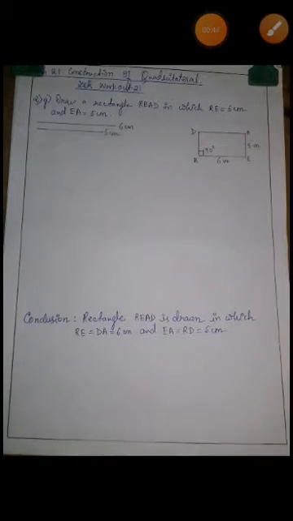You know that in a rectangle, all the vertex angles are of measure 90 degree each, and also you know that the opposite sides of the rectangle are equal and the adjacent sides are unequal. So here also the same property is going to be applied for doing the construction.